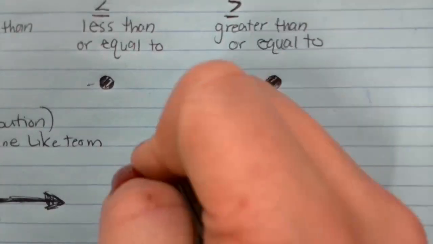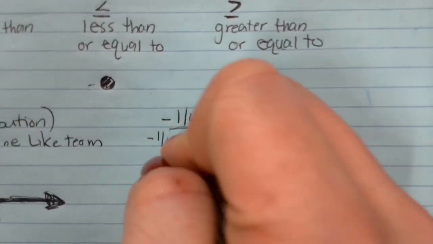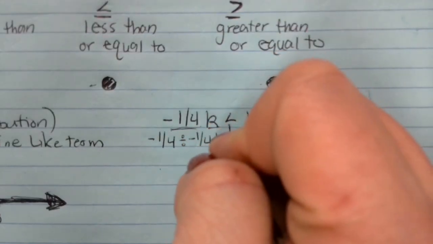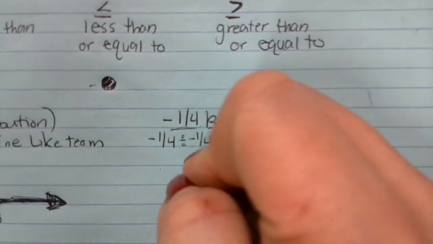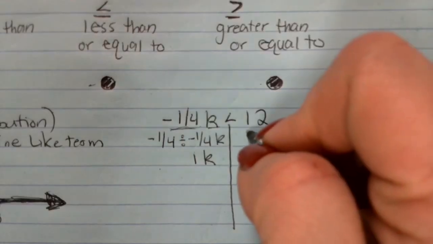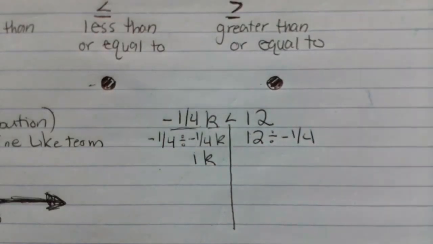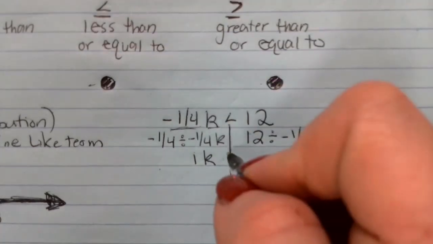The reason that works is the identity property. So whenever I divide negative 1/4 by negative 1/4, it's going to end up giving me 1, which is perfect because we want 1k in our final answer. We're going to do it to the other side to maintain that balance. And 12 divided by negative 1/4 is,